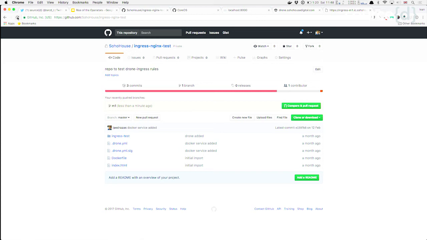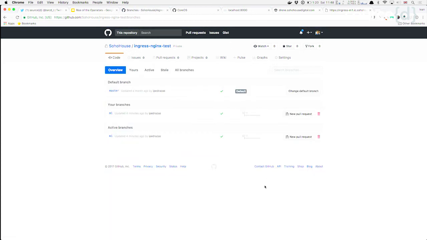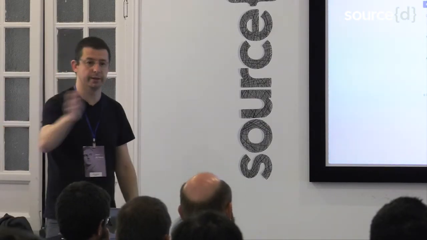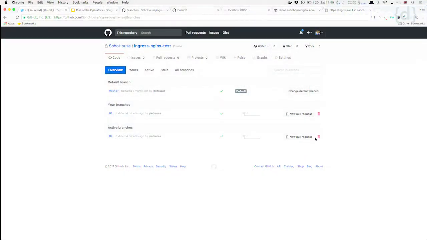What I wanted to show was, if I come here now, this is the project that we just changed. I have a branch, right? So you can do a pull request, you can do whatever you have to do. We usually push to a branch, and then that will publish or deploy your stuff into a cluster. And then when we merge to master, it goes to production. And at some point, we go and click here and delete the branch.